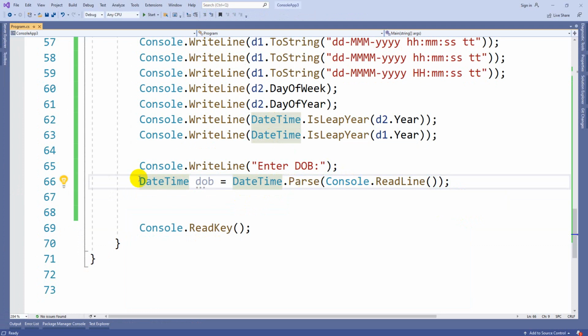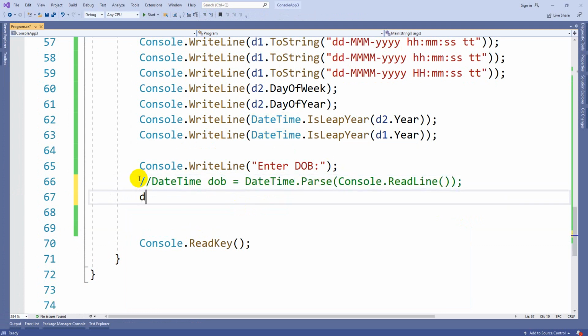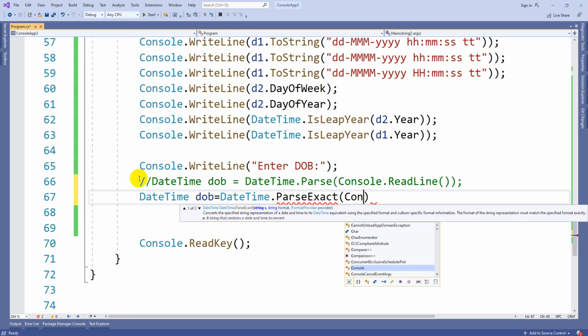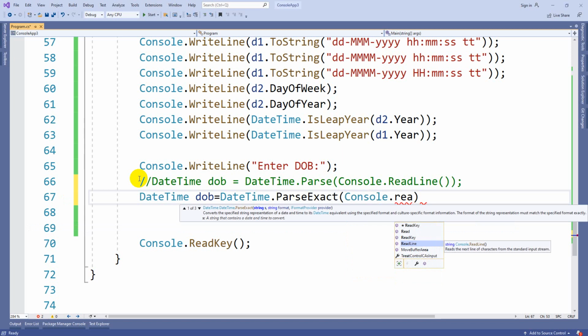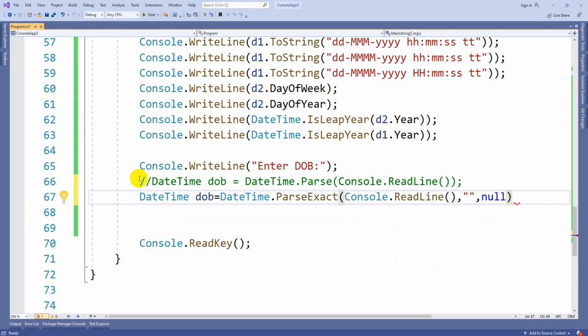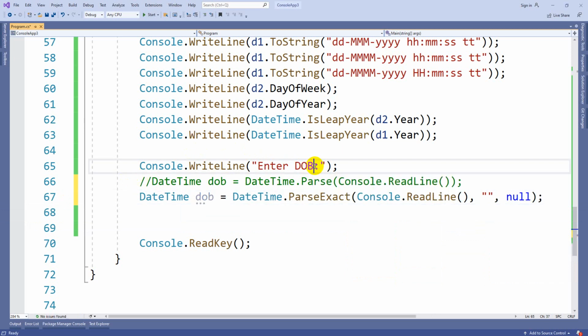Instead of this, there is one more option: DateTime DOB equal to DateTime.ParseExact. There you take the input from Console.ReadLine, then the format in which they are providing it, and for the third one, keep it null. Here we are asking to enter DOB in the format dd/mm/yyyy, so enter the same format here also.